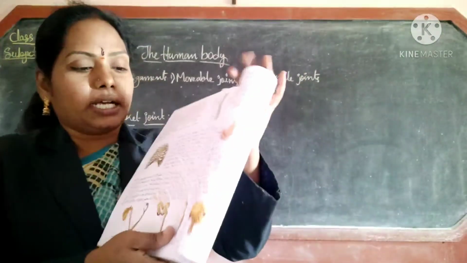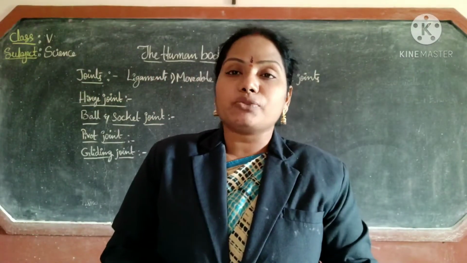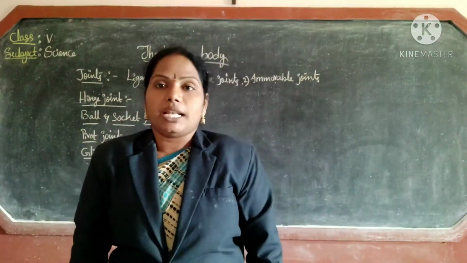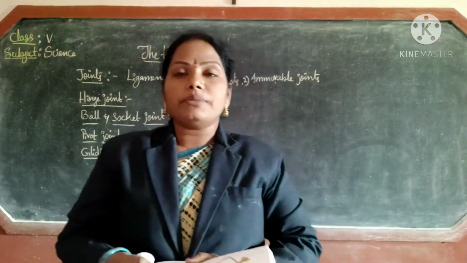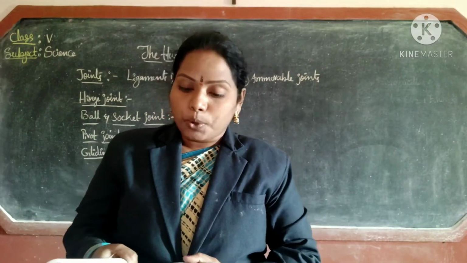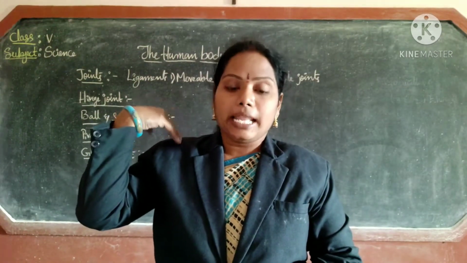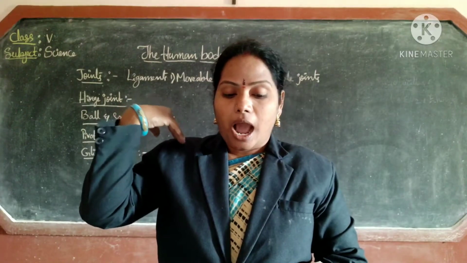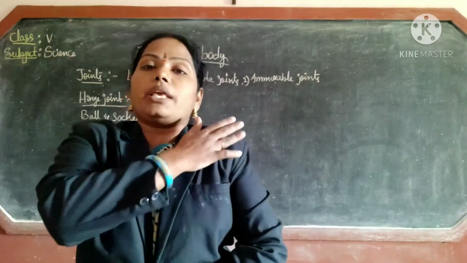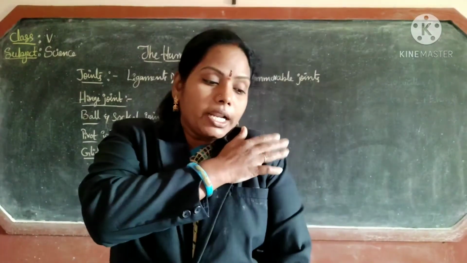The next topic is about limbs. Limbs means what? Four limbs: the front limbs, hands, and the hind limbs, legs. The limbs are also made up of bones. Here the shoulder girdle is there. There are two girdles in limbs. The shoulder girdle, and the arms are attached to the shoulder girdle. This is the arm. The arm is attached to the shoulder girdle.